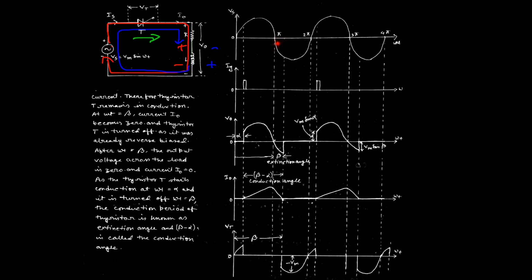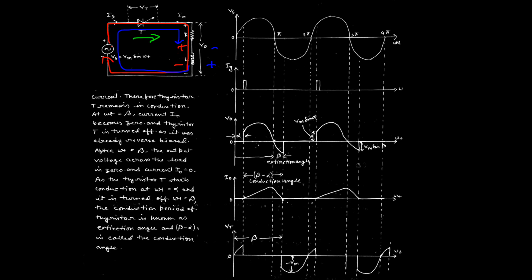In this particular case, the supply voltage goes negative. That means from pi to beta the supply voltage is negative, right? So in this case, from pi to beta, the load voltage will be negative. This one will be positive and this will be negative, so the voltage across the load is negative. But the current is still flowing in the same direction as the inductor discharges in this region. So the current is positive but the voltage is negative. We can say in the first case, if we multiply voltage into current in terms of power, that was positive: voltage positive and current positive.